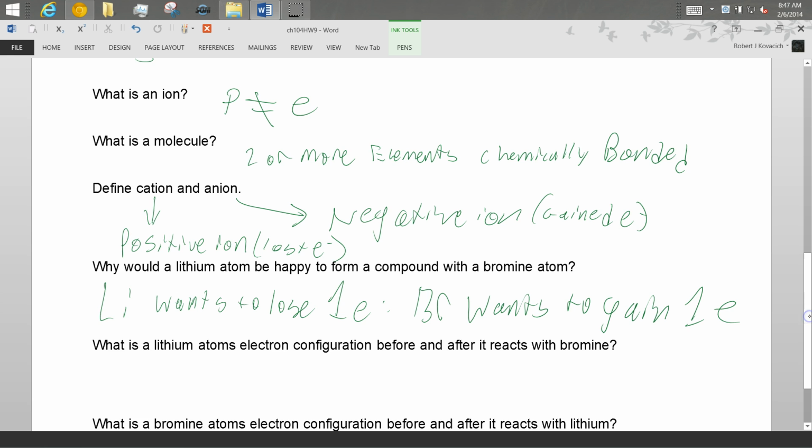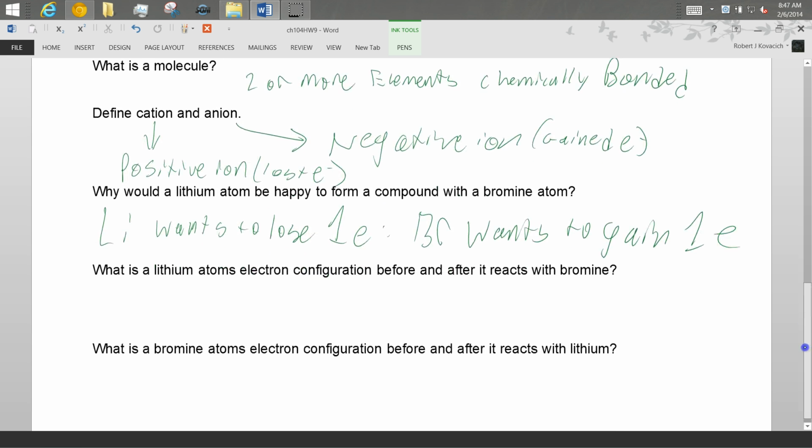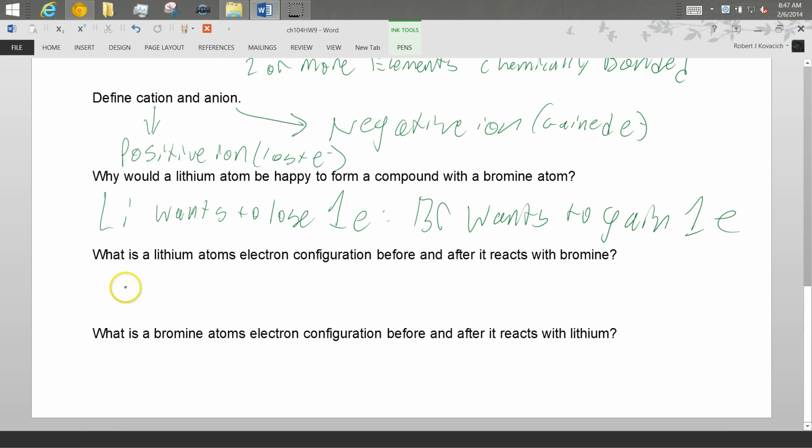And so the electron configurations before and after it reacts. So lithium is 1s2, 2s1. And after it's Li with a plus charge, 1s2. The lithium is an ion, so we're going to need to put down that little plus charge. And so we're going to do bromine now. So it's Br,